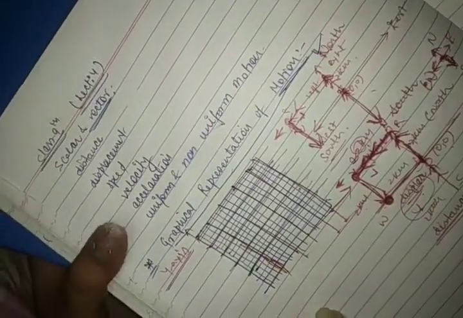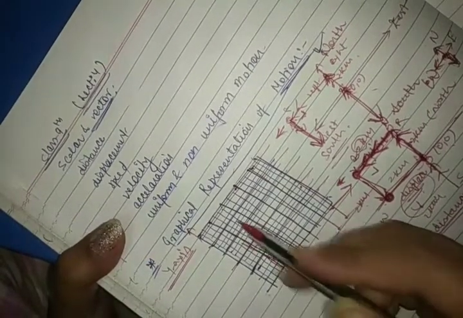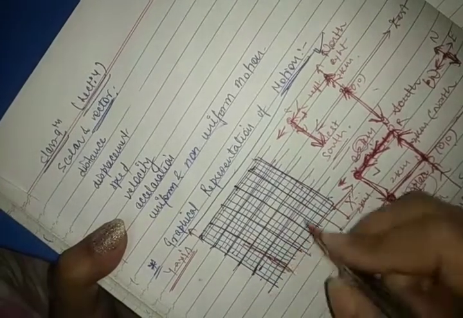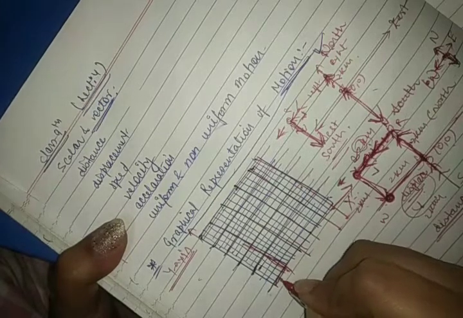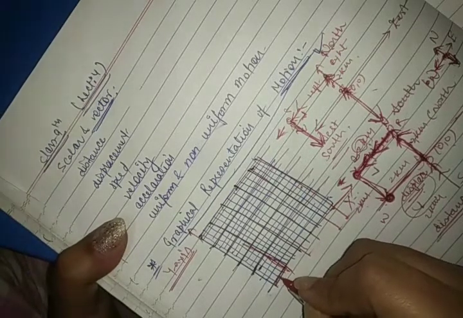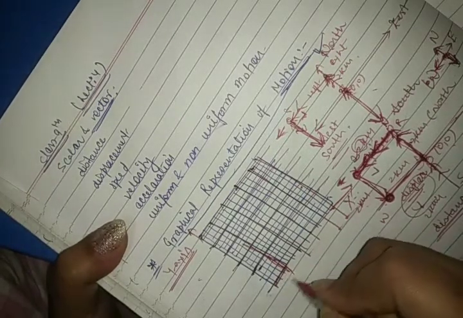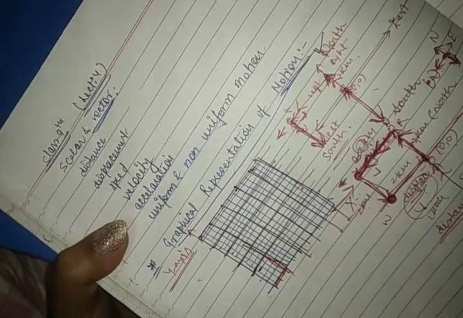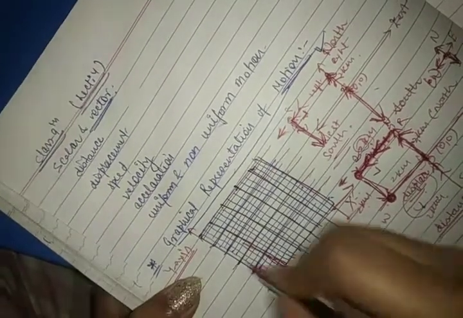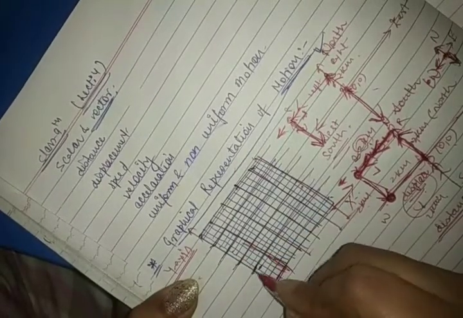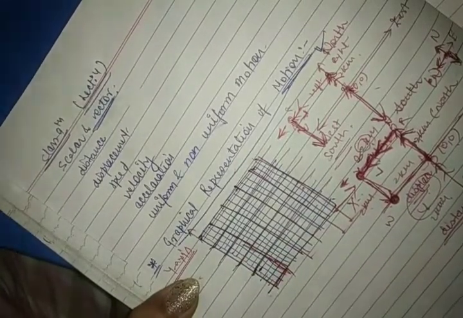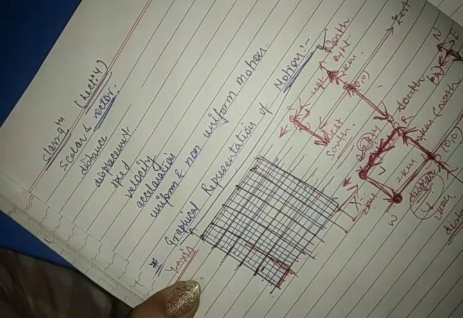So coming back to the point, that is graphical representation of motion. We were discussing the graph. So this is the x-axis, this is the y-axis. This large box has 10 small sections, and this axis also has some large sections like this, and one large section has 10 small boxes. Okay, so this is all about the graph.